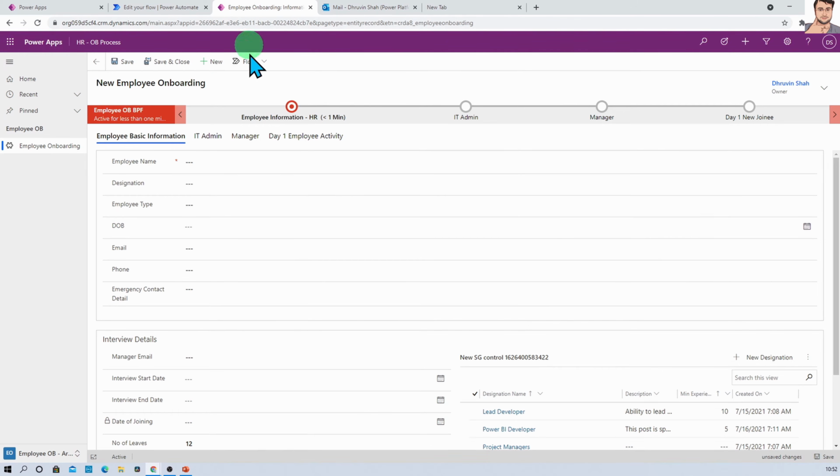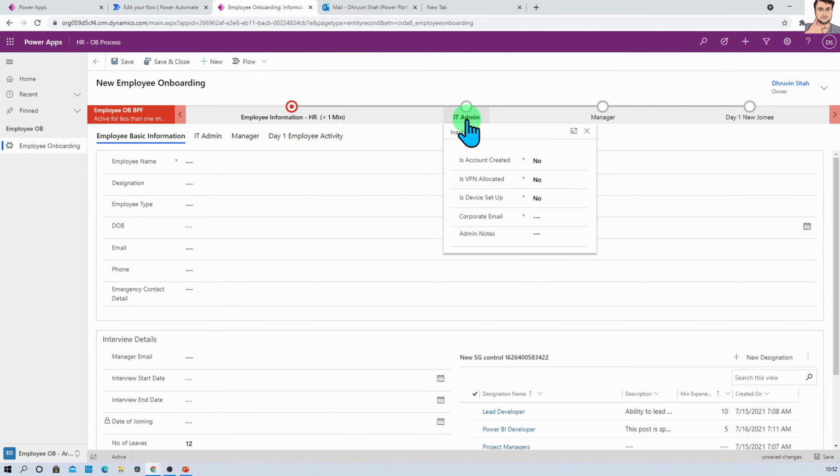Now let's go to the form and let's see what would be the process stage names. The process stage names are Employee Information HR, so that would be the first, and obviously it is to be performed by HR, so we do not need any action on that. But when HR clicks on next stage we need to send the notification to IT admin. Then once they click on next stage we need to send notification to manager, and at last we need to send notification to new joinee.